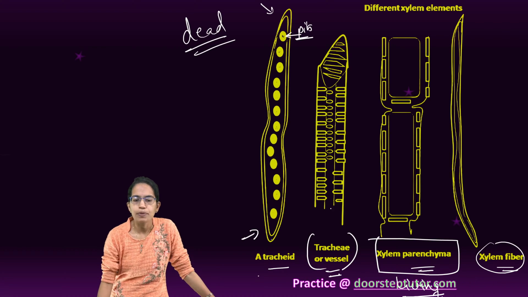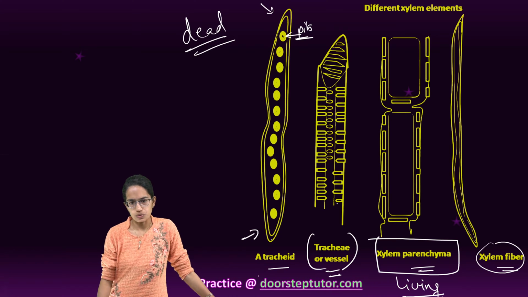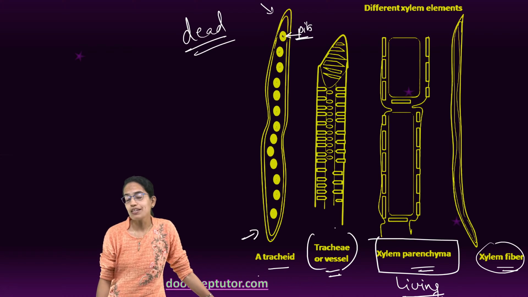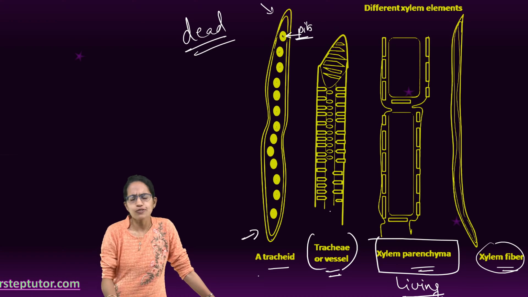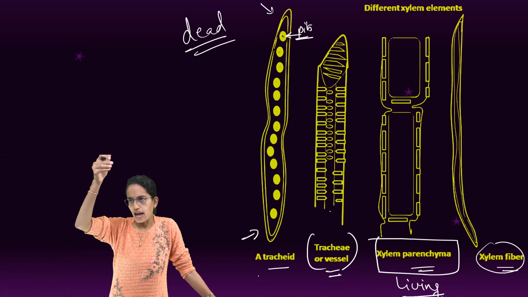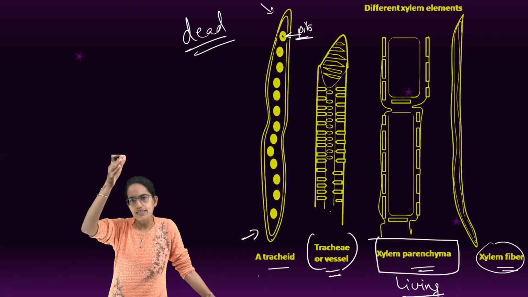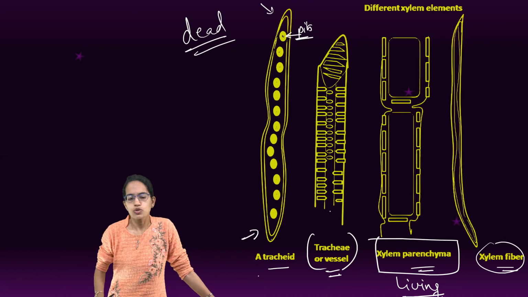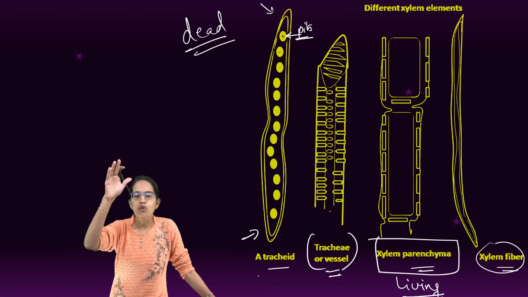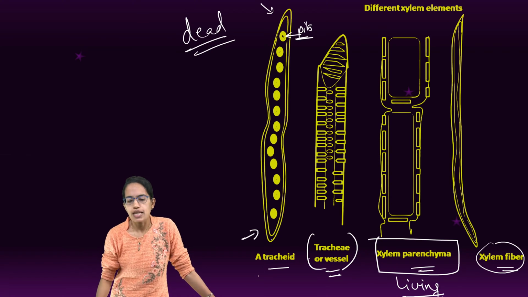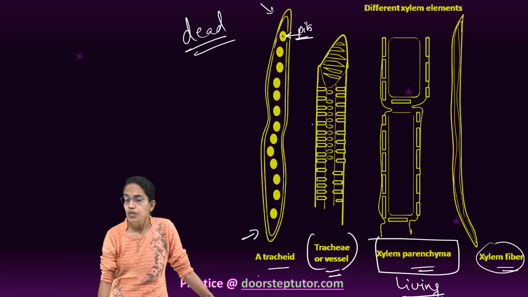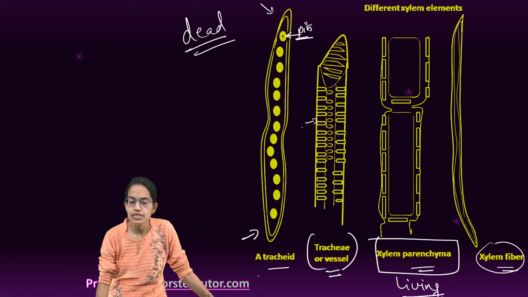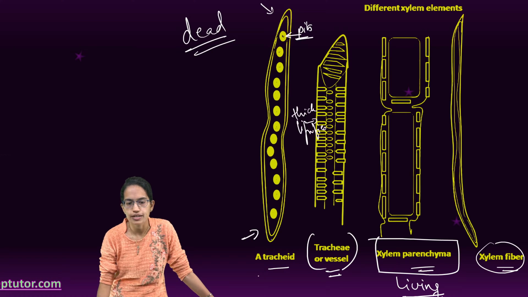The next is the xylem vessel. Xylem vessel appears to be a tube-like structure, as you can see here. It is open at both the ends. Now, can you answer why it is open at both the ends? The logic is very simple. The end actually gets dissolved, and this allows a smooth conduction through the xylem vessel. So to allow free conduction, xylem vessels have ends which are dissolved, but the wall of the xylem vessel is thick as well as lignified.